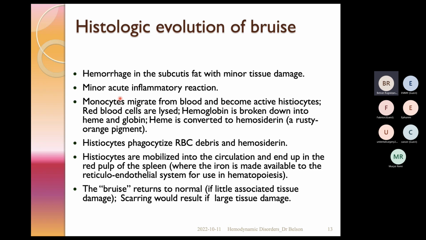When the monocytes become activated, they are called histiocytes or macrophages. These macrophages make sure the red blood cells are destroyed. When they are destroyed, their hemoglobin is broken into heme and globin. After that, the heme itself, as I said, will be converted into hemosiderin, which is the orange. You understand now where the orange color comes from. So this is hemosiderin. After time, this hemosiderin will become